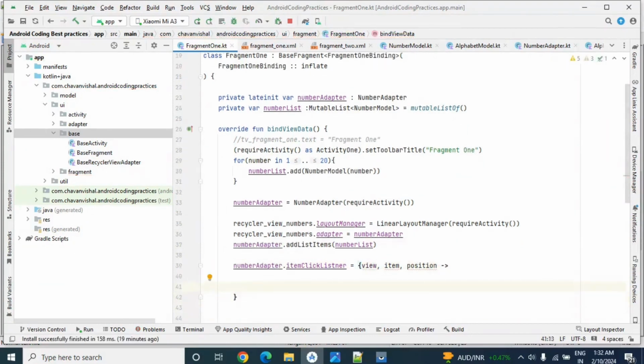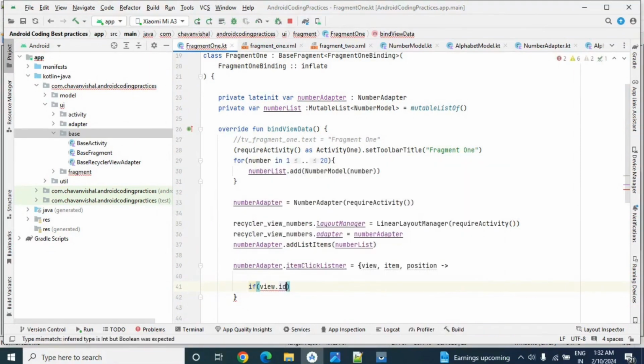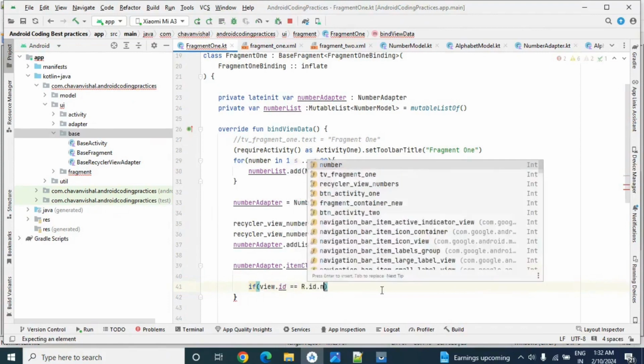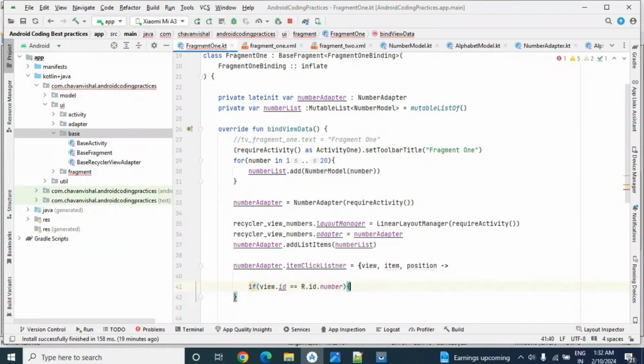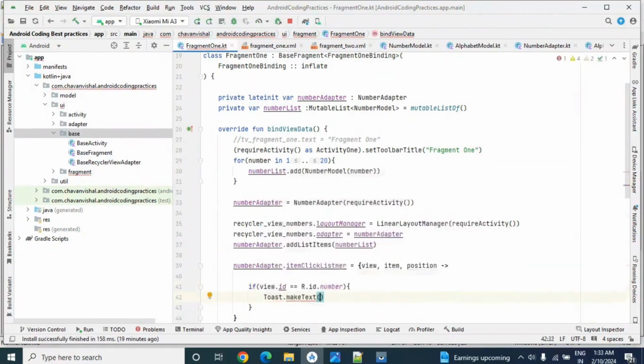Usually in our recycler list item we might require multiple views. So here I'll write if view.id is equal to R.id.number, then we will print one toast message like Toast.makeText.